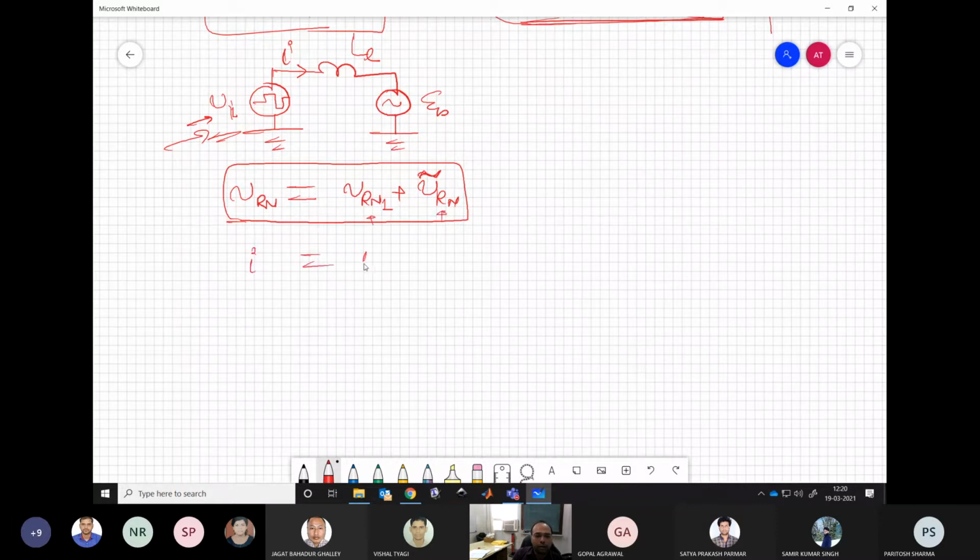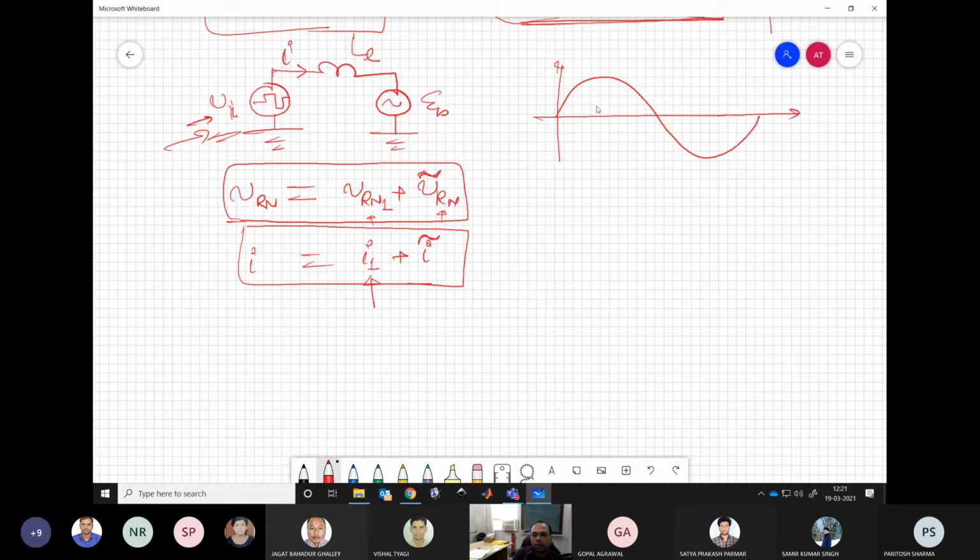Similarly, we can segregate the fundamental and harmonic components of the current, where we don't write any subscript and put a tilde, which represents all the ripple. So we have some fundamental components. How may the current look like? This is our current, and the ripple would be sitting on this. The fundamental component will be impressed within this harmonic band, this peak to peak ripple. So this is how we can separate out what is the fundamental and what is the harmonic.